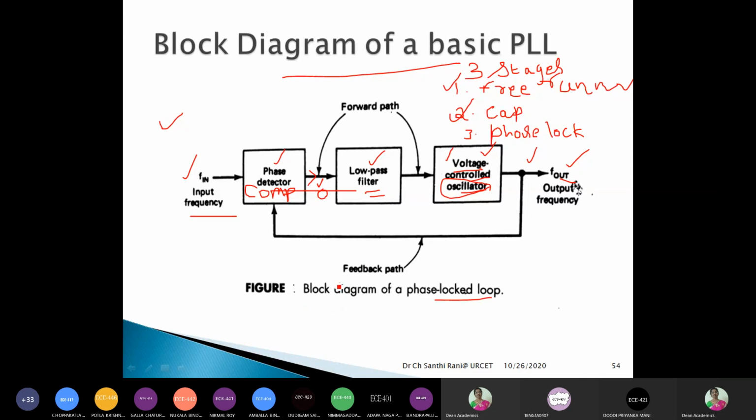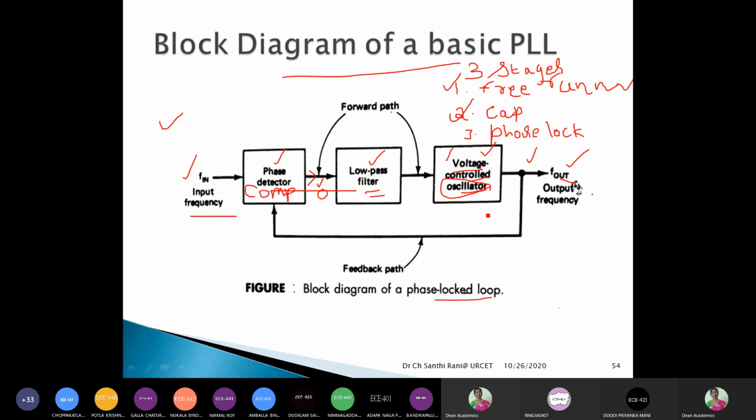Okay. So what is the next stage? That means, what is the capture stage? What does this capture stage mean? Once the input frequency is applied, the VCO starts changing its output frequency continuously,